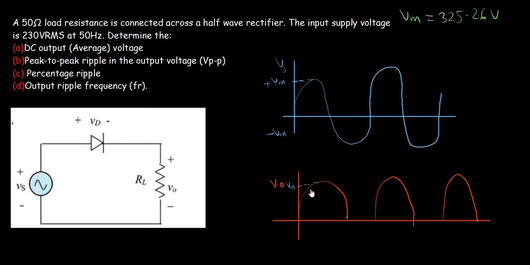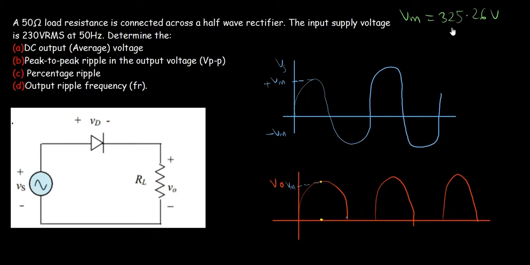So for us to be able to find a peak to peak ripple in the output voltage, we have to subtract the minimum output voltage from the maximum output voltage. So in this case, this will be the maximum output voltage and then the minimum will be 0, because it goes up to some extent, then it comes down to 0, then it goes up again, then it comes down to 0. So the peak to peak ripple will be the difference between the maximum output voltage and the minimum output